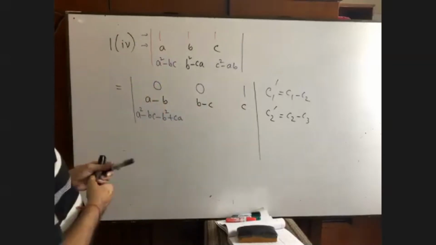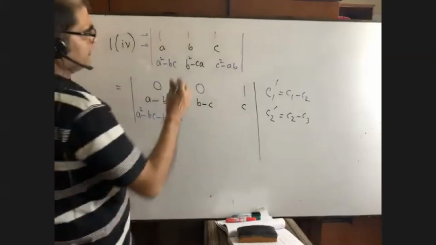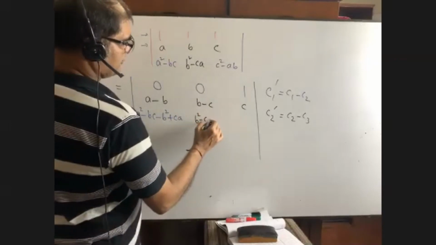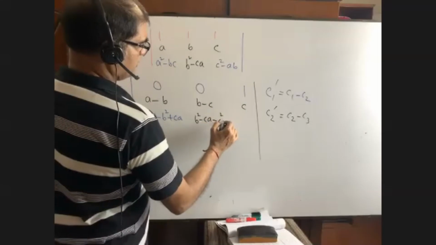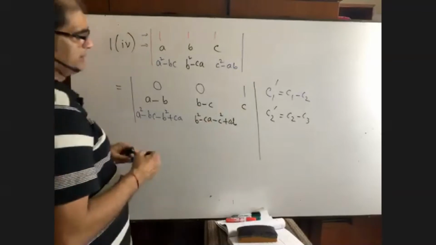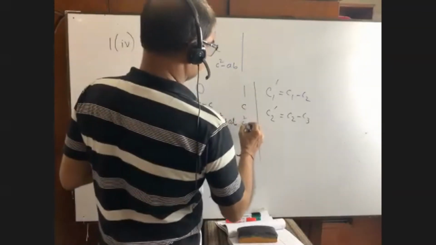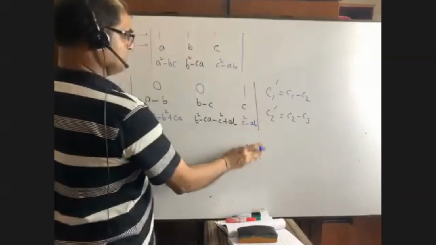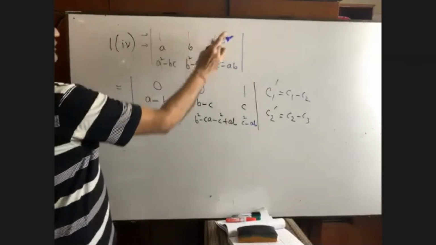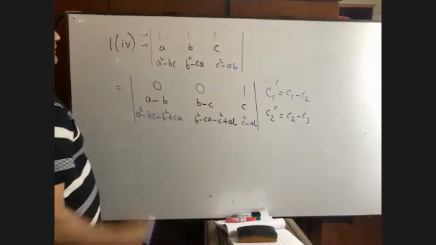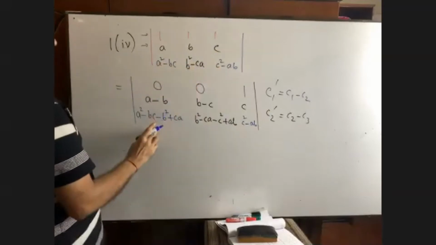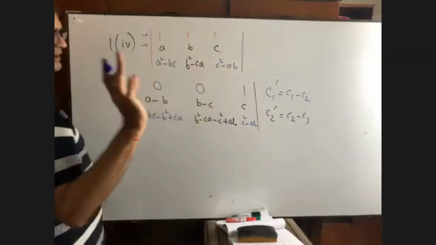Okay, anyway. Yes, sir. You see again, this minus this is b square minus ca, minus c square plus ab. Then the last will be kept as it is, that is c square minus ab. Now please let me know where you have failed to understand. I repeat, 1 minus 1 is 0, 1 minus 1 is 0. It has been kept as it is. a minus b, a minus b, b minus c, b minus c. This minus this I have written. Nothing else I have done here.